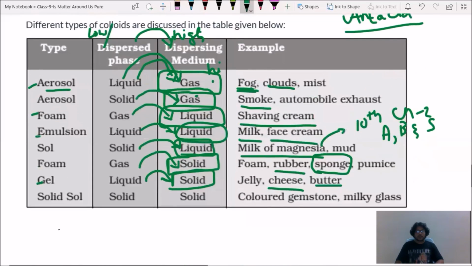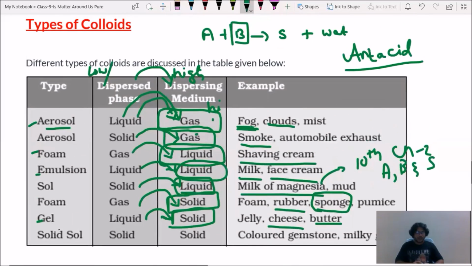So those are the topics in this video, and in our next video we are going to learn about physical change and chemical change, which we have already seen in our earlier classes. But in our next video we are going to get complete information regarding physical changes and chemical changes. We'll learn by using a lot of examples.